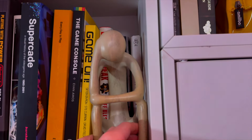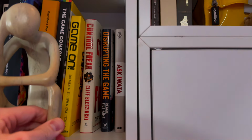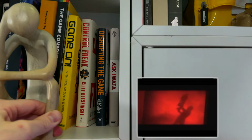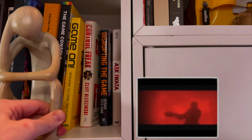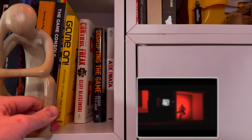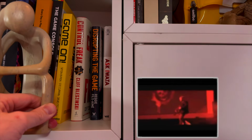I'll just sort of bring him forward a second. These are great reads. So Control Freak by Cliff Bleszinski. He's a polarizing character, but a fascinating book, and that guy had a hard life before he got famous. He might come across a bit of a dickhead sometimes, but it's worth reading, I honestly believe. He's a really interesting character, and just seeing where the inspiration for Gears came from